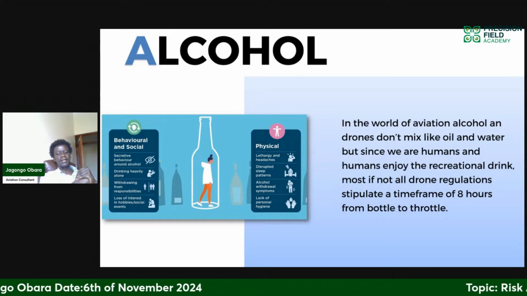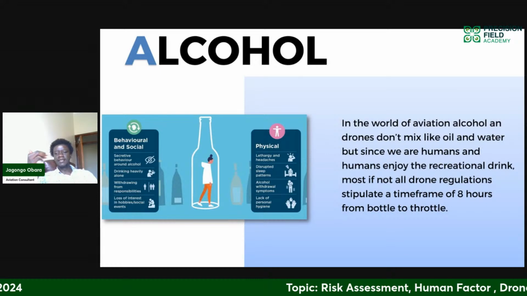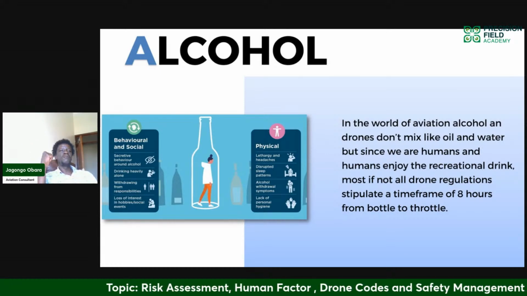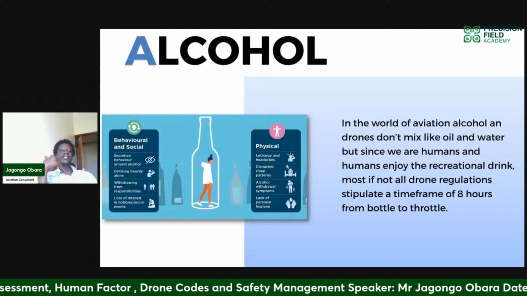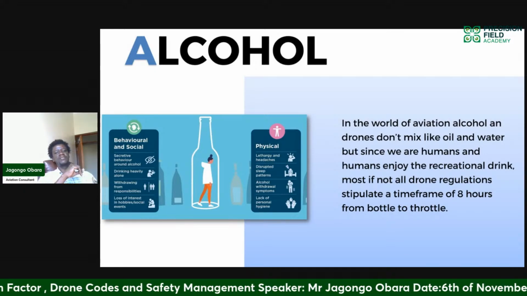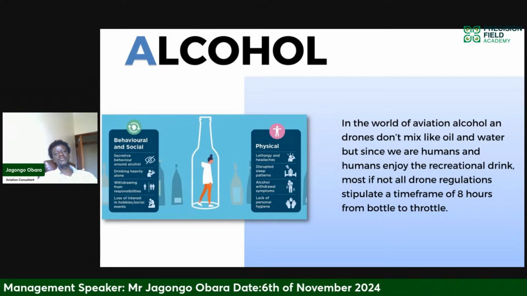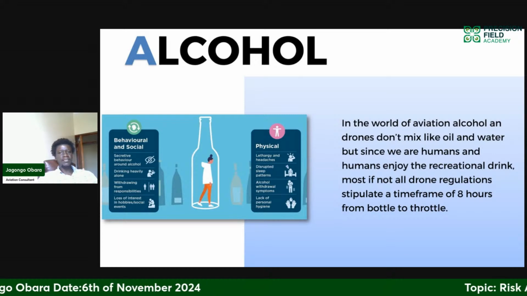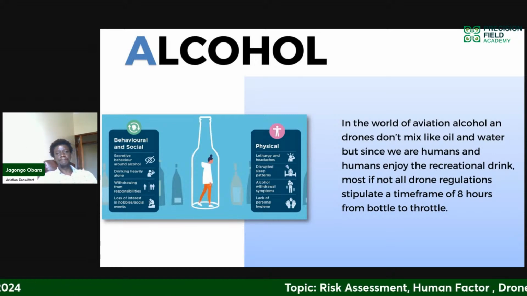This is why human factors is usually individualized per person, and it cannot be a general rule of thumb that this issue will stress you, this issue will not stress you. What will stress me will not stress the individual. How long it takes me to exit toxins from my system will not be the same for the other person, and so on and so forth. But as a rule of thumb, law-wise, 8 hours is the threshold that we are working with.